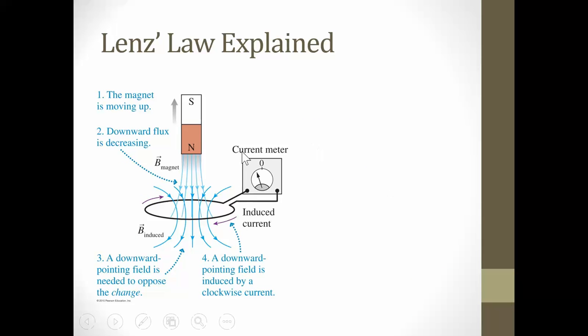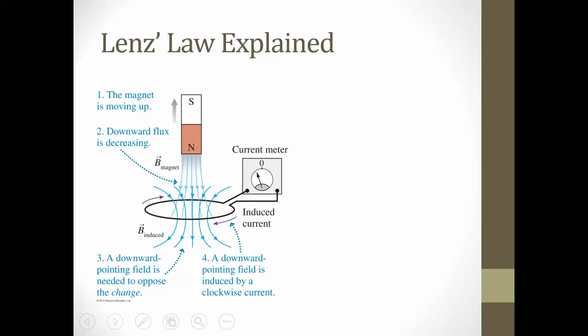We could also have a magnet that's moving upward. If I have a magnet moving upward, I have a flux that is decreasing. If my flux is decreasing, the wire is going to create a magnetic field that will counteract the decreasing flux. So it's going to try to create more flux going downward. Because our flux is decreasing, the wire is going to try to make up for it by creating its own